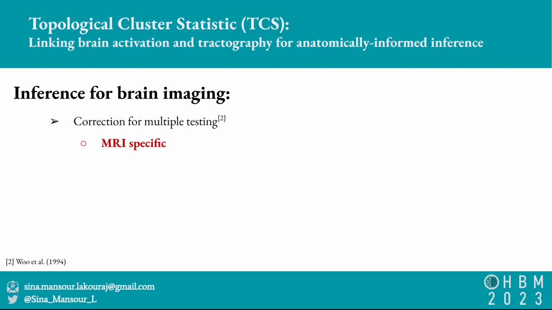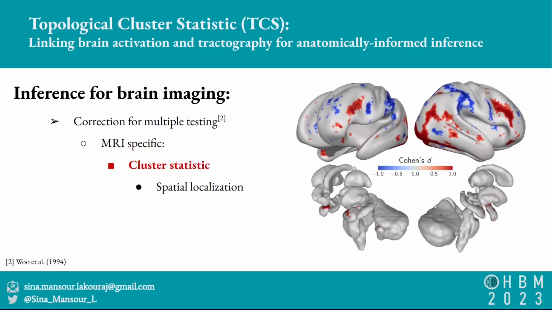One of the most commonly used MRI-specific approaches is the cluster statistic. The idea behind cluster statistics is that it is more likely for a region to be activated or deactivated together, and therefore a cluster of activity is less likely to be noise and more likely to be an actual signal to be inferred. Now the question that we are having is whether this idea could be extended to anatomical information